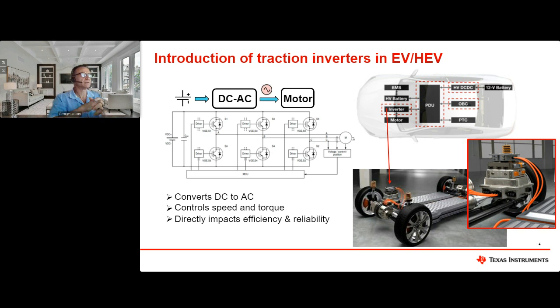And we see that these are becoming design challenges for the traction inverter design. What you will see on the right is one of the traction inverter designs on the EV platform. EVs today have at least one traction inverter. Some models actually have more than one. So one on the front axle, one on the rear axle, and even some higher end models actually have a traction inverter per wheel. So efficiency and reliability are very important.